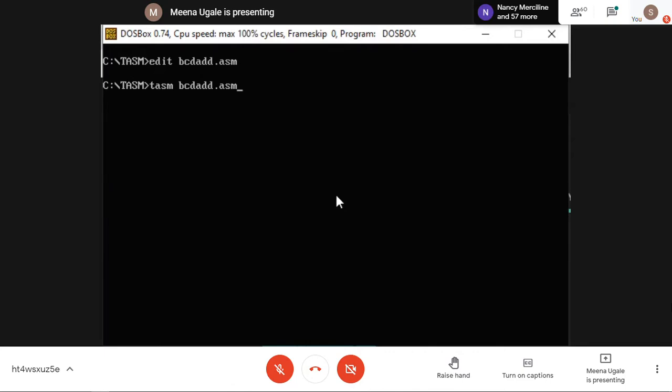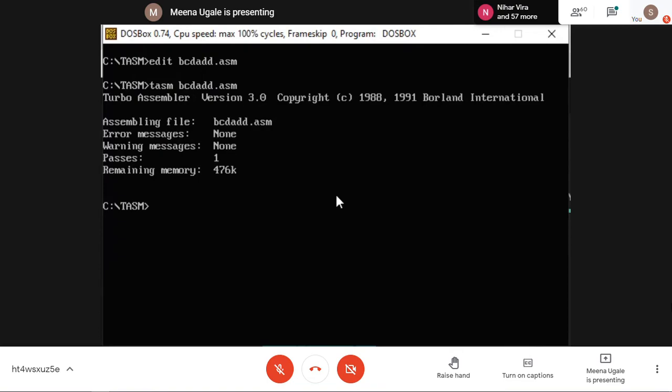Note it down: tasm filename.asm. Once you type this and press enter, it will assemble your file. If you have any errors, it will show you error messages. If not, as you can see right now on my screen, I'm getting none. No error.